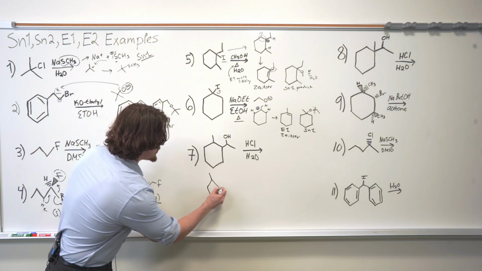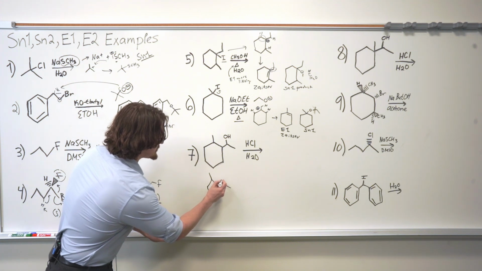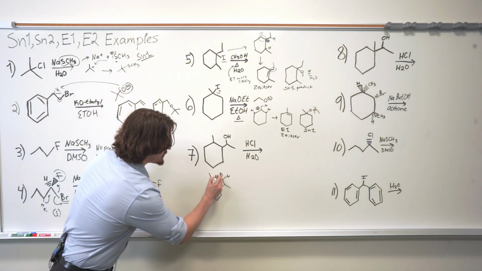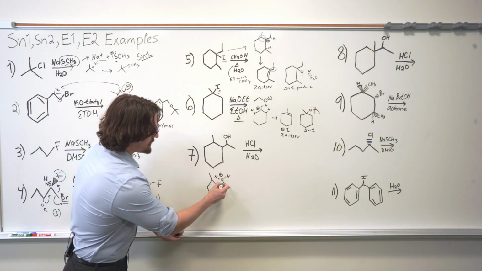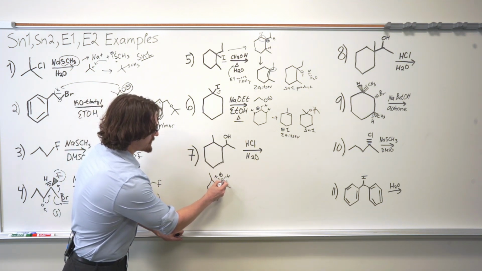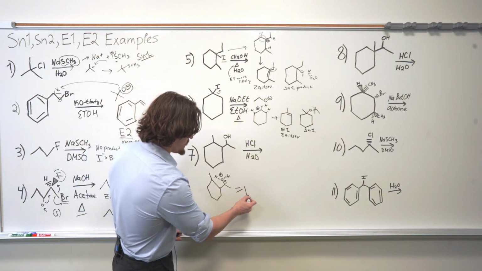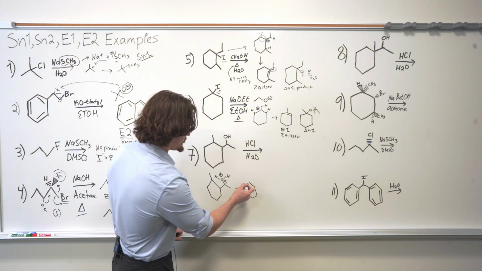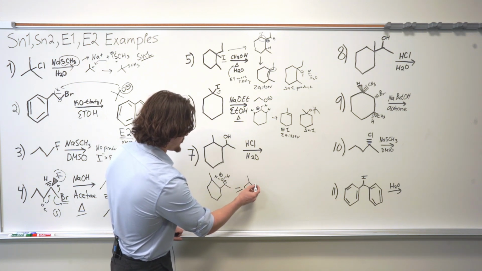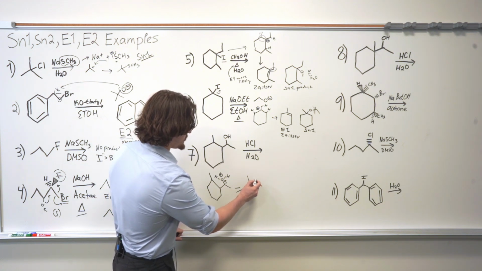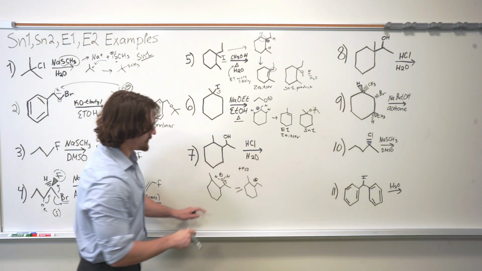So we're gonna have this, and then this is attached, and this oxygen has been protonated by the strong acid, which is hydrochloric acid. And now it's positively charged. So what will happen is that this can now very readily leave, right? It can leave, and this will form a carbocation intermediate. And we'll talk about why it's going to most likely form a carbocation intermediate here, right? It's going to be positively charged, and then we also produce water,